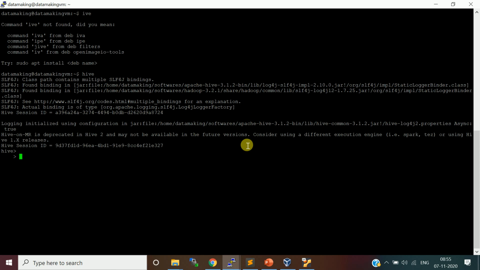It's launching. Okay, I will say use the database called datamaking_db. I'll just show you the databases. So we'll have default as well as the datamaking DB. So we are using datamaking DB.